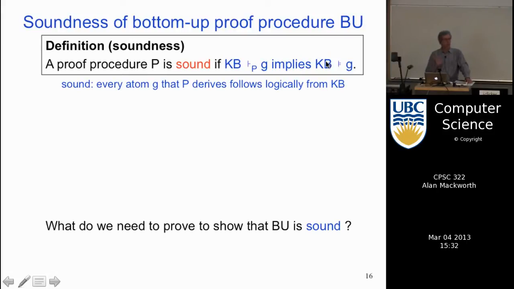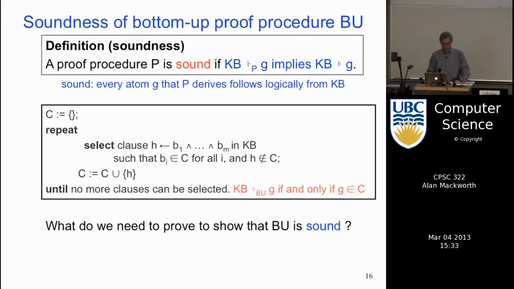For this particular proof procedure, bottom up, we want to show that it's sound and complete. It's easier to show soundness. I mean, how could it not be sound? Because of the way I described it. You take all the true atoms, they're in the set of consequences, and ka-chunk, you add in the ones that are forced to be true as you go along. And that's the set that is logically following from the theory. But we have to prove it formally. So there's the algorithm again.